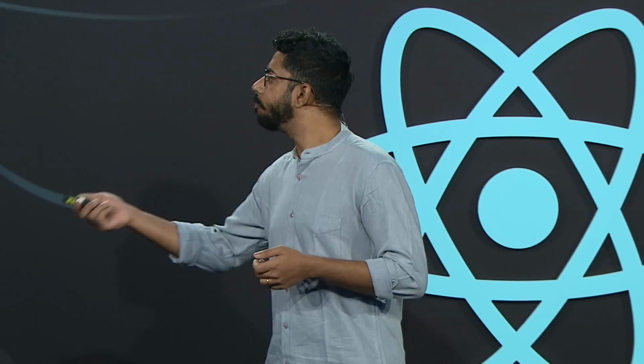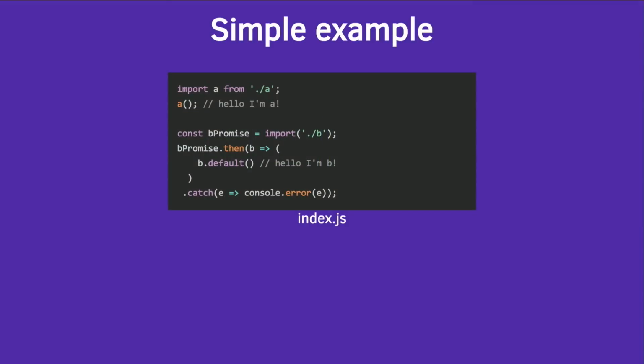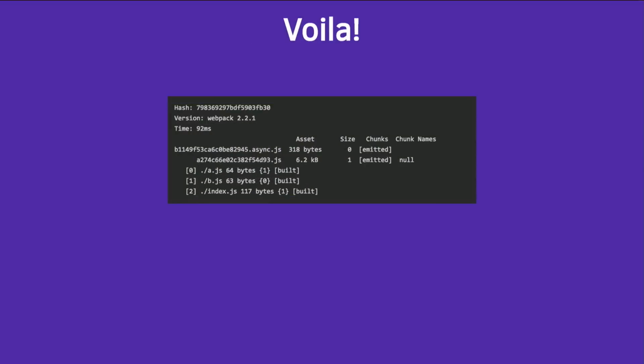Here's a simple example of how that works. We have two really simple modules, A and B, each do a simple console.log. And then we have our index, which loads asynchronously, so it's bundled together, but B is loaded asynchronously. And then because it's a promise, when that promise resolves, we have access to the module, right? We run Webpack on this. I'm using Webpack because that's the one which has support right now. And shout out to the Webpack team for having such an easy API. We just run a simple Webpack on it.